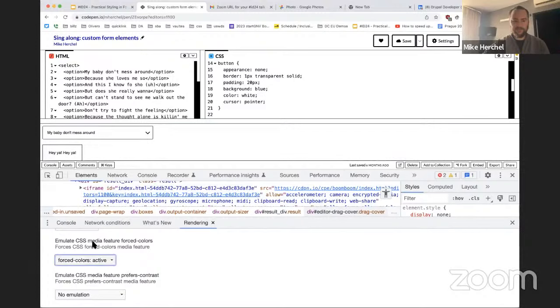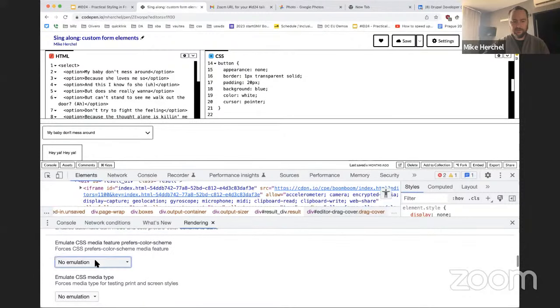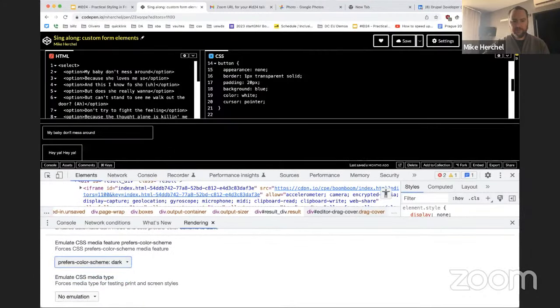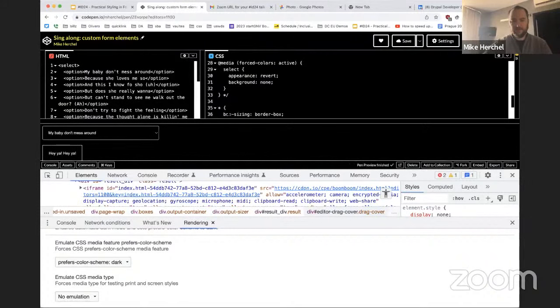So the select element looks pretty good right now, but let's test it under a dark color scheme. And so we do that. And of course the chevron doesn't show up because the chevron's also dark. So this is an issue, right? I have this code I commented out right here. We're going to use the force colors media query.